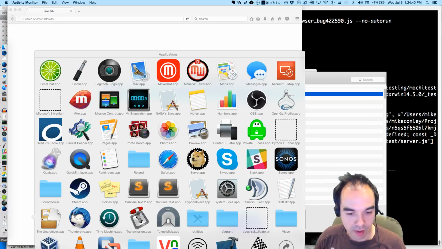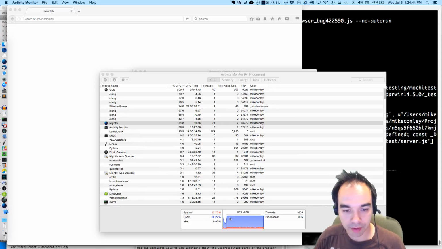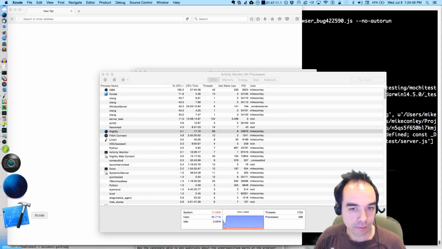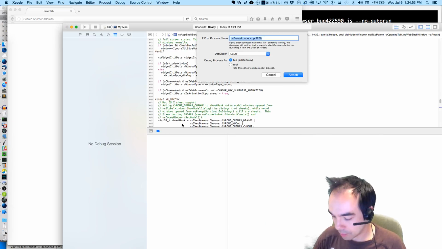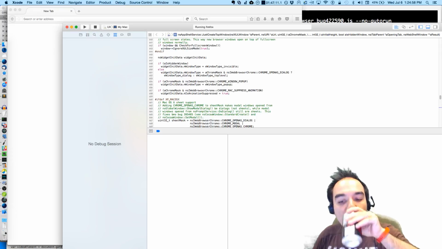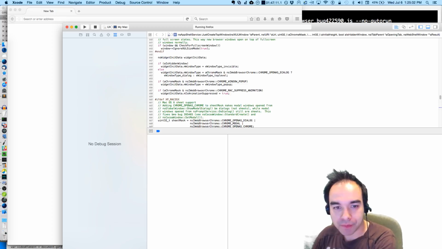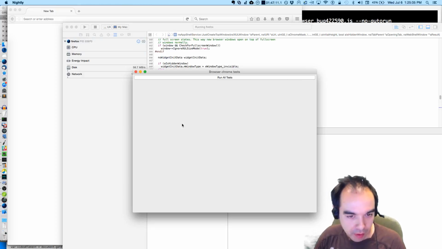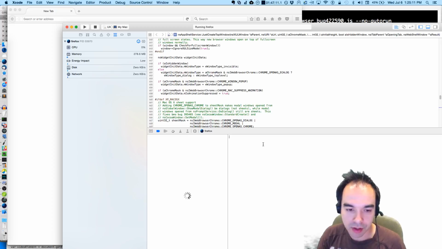And I'm going to open up Xcode. Maybe I'll attach my debugger there. Oh man, look at that CPU load. Woo! So 33970. What is going on? Story of my life. Okay, and now here I'm going to set my breakpoint, now that I've attached and all.